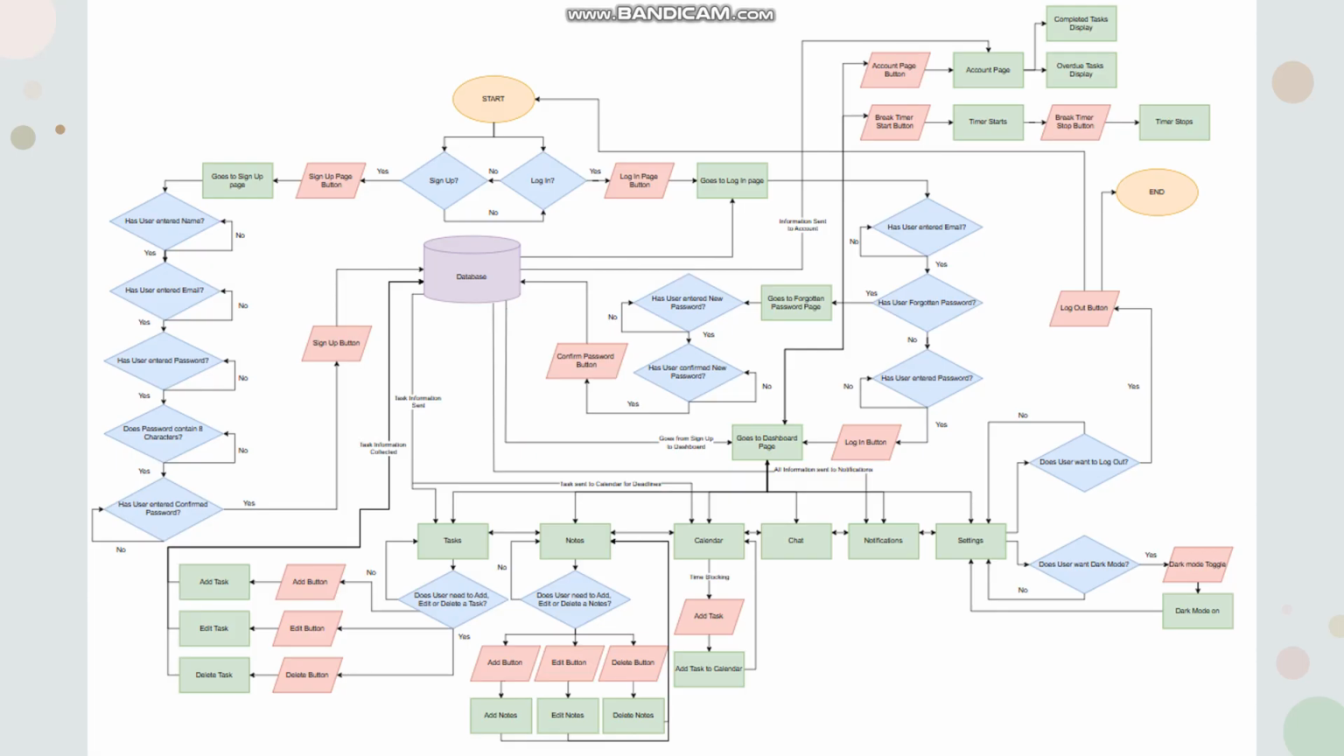From the sign up page, they'll press the sign up button and it will go through various validations, such as: has the user entered the name, has the user entered the email, has the user entered the password, does the password contain 8 characters, and has the user entered the confirmed password. If yes to all of these, they can move on. If no, they have to repeat until it's